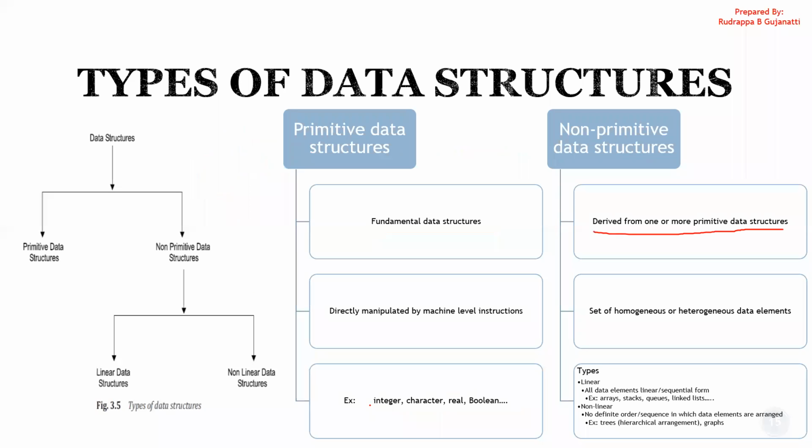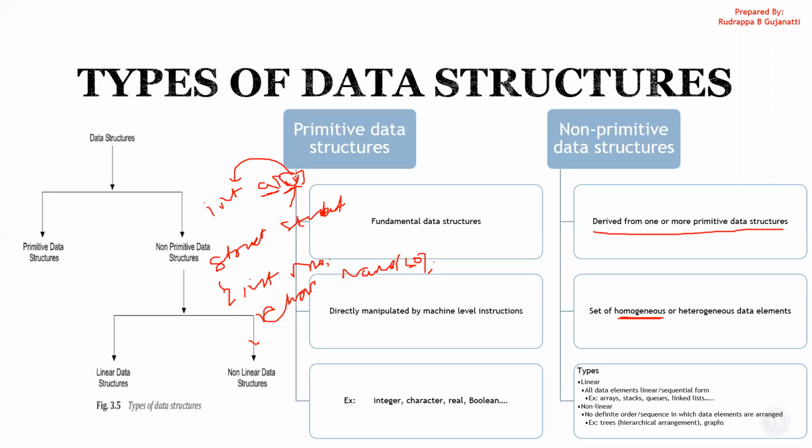Now, if you are declaring an array, say an array of type integer, A is an array which can hold 10 elements, all of the same type. All these 10 are of the same type, so all are homogeneous. But what about a structure? With the struct keyword, we define, say, a struct student. In this, I can have an int roll number and a character array, which is the name.